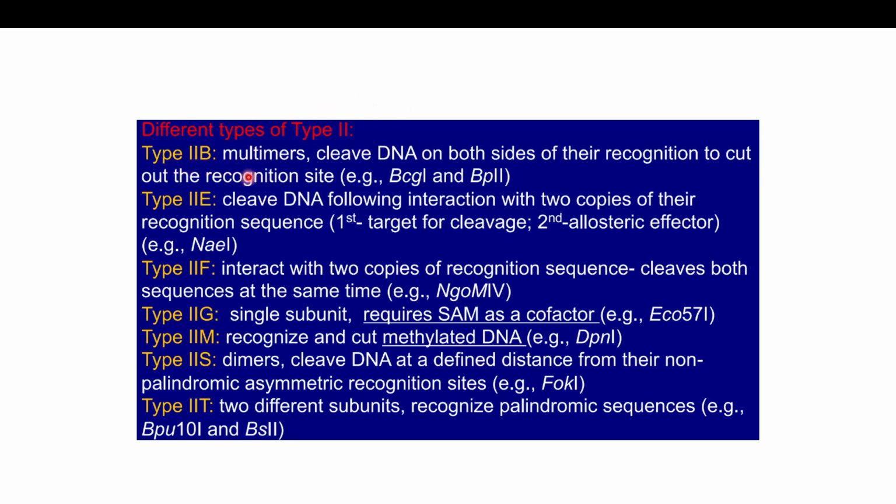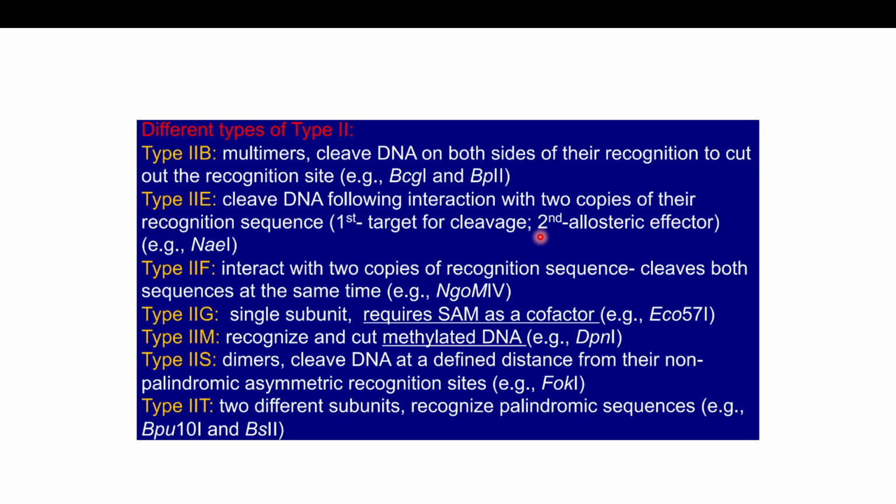Type 2B, these are multimers. These cleave DNA on both sides of the recognition site to cut out the recognition site. Examples are BCG1 and BPL1. And then type 2E, these enzymes cleave DNA after interacting with two copies of the recognition sequence. Suppose they recognize a four base pair sequence, this is the first target for cleavage, and then the second same